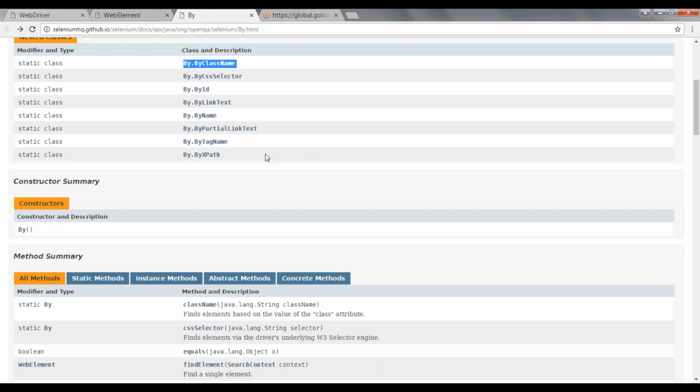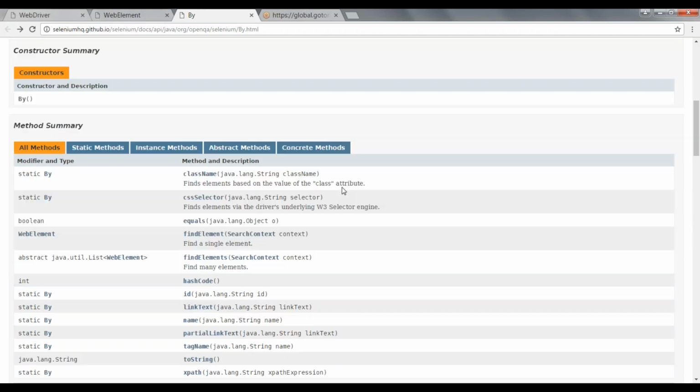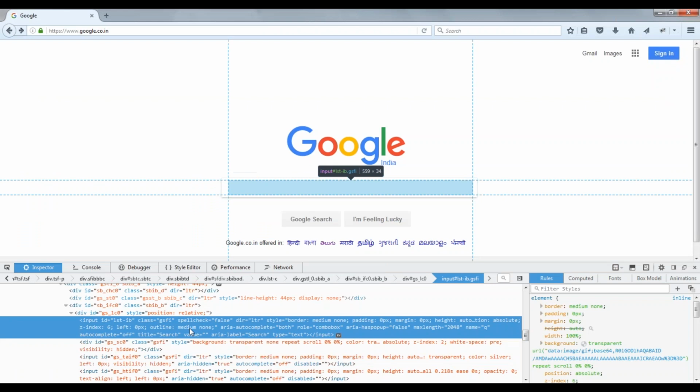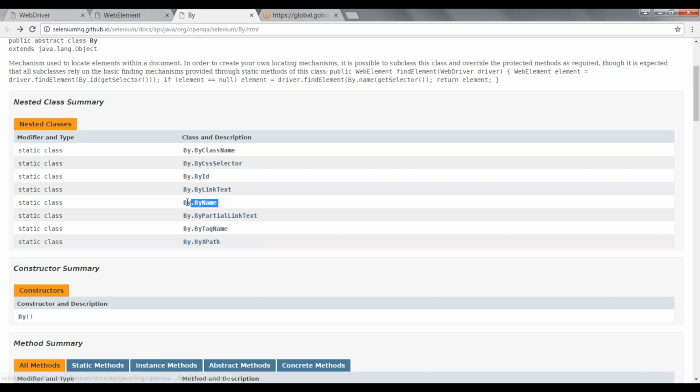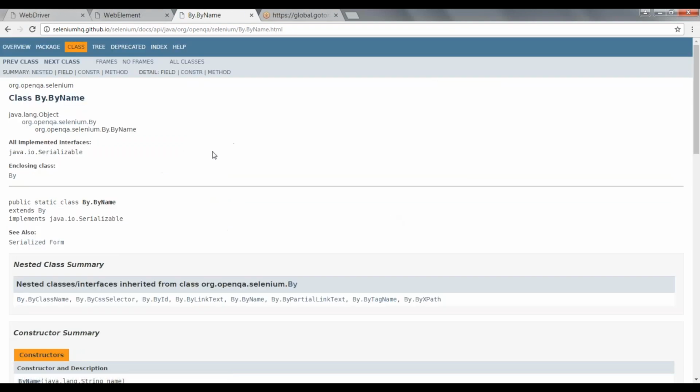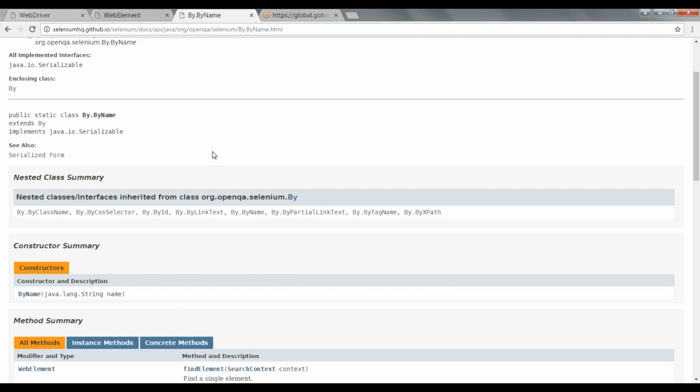So By dot By className, and you can see here it has name, so it will give me one more nested class, that is By name. These are all static classes, that's why By dot By name, all of those are static classes.